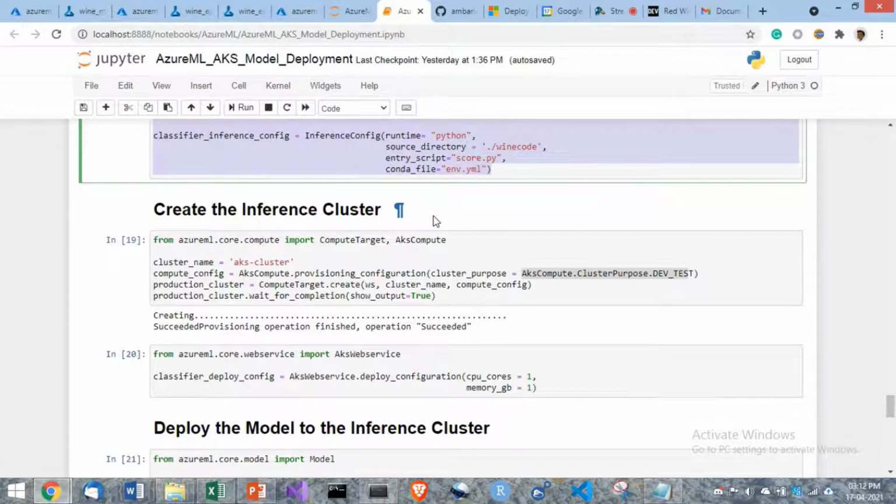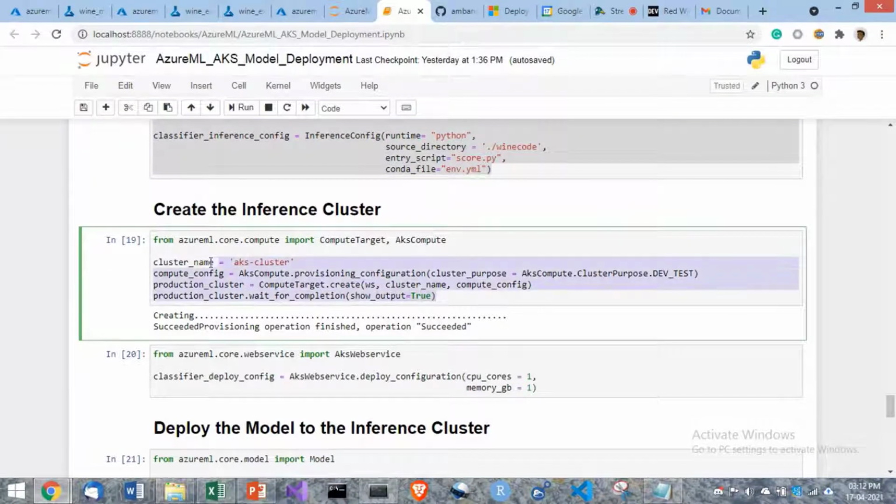For that, you have to provision a cluster, and for this we will provision an AKS cluster. Here I have chosen a very simple cluster because of my Azure membership. You can choose a very huge cluster. You can choose a GPU cluster. You can choose whatever kind it may be.